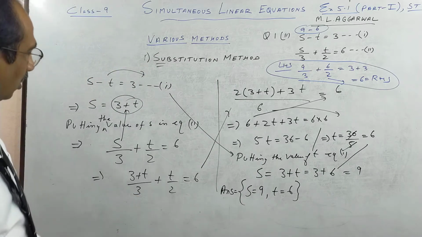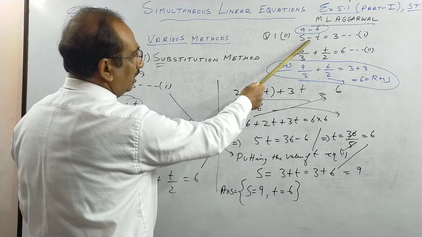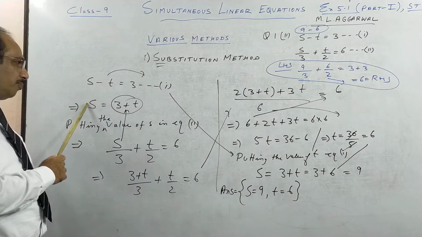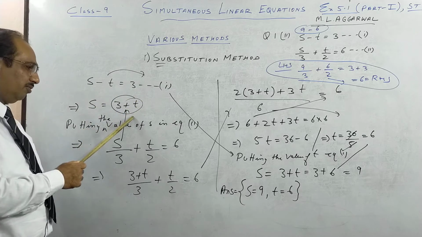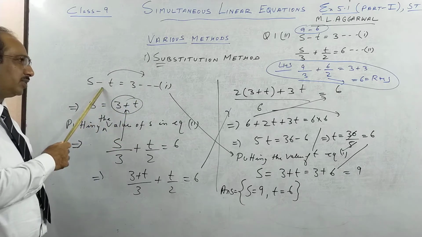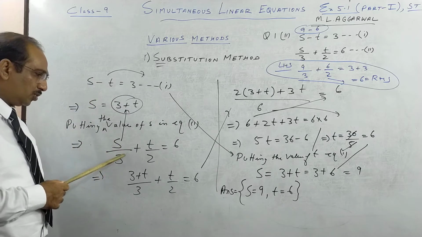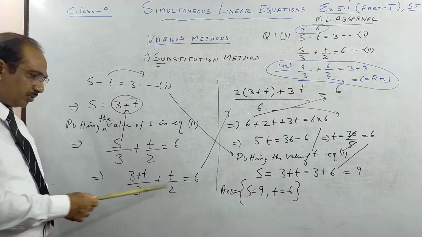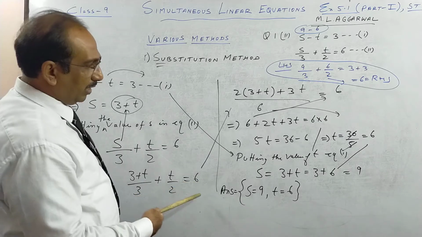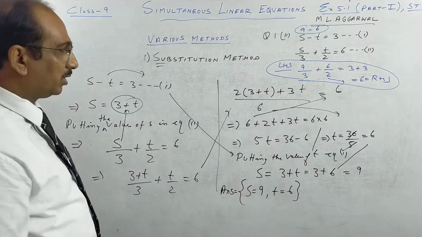So once more, we take both the equations. The one that is simpler, we make it the subject of the formula, keep S here, T becomes positive, and in the second equation we put the value of S which we got from the first equation. So two variables in one equation becomes one variable in one equation. Now it's very easy to solve. We solve like a simple equation. I think all of you can do it in class 9.